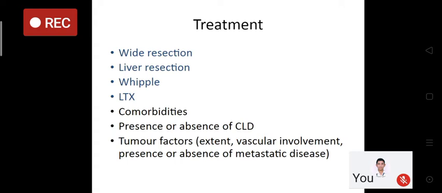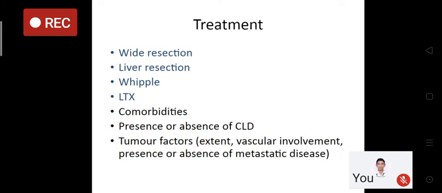So various treatment modalities for these tumors begin with wide excision. At times, we may need liver resection, like in case of type 3A and B tumors. And if the tumor is involving the distal bile duct, like in case of periampullary region, we may have to go for a Whipple resection. And if the malignancy is involving the intrahepatic biliary radicals, then at times we may need a liver transplantation if this is available. Out of these modalities, which one to be offered to whom depends on the stage of the disease, stage of the